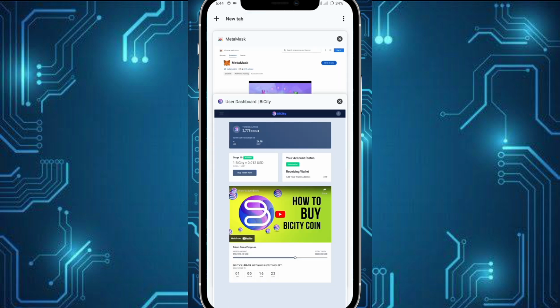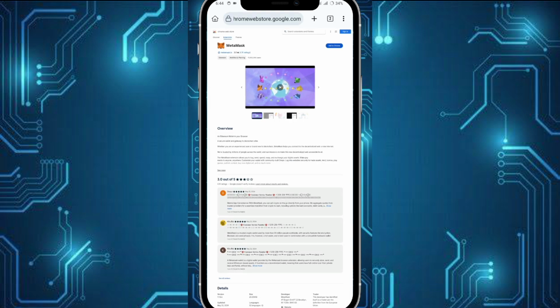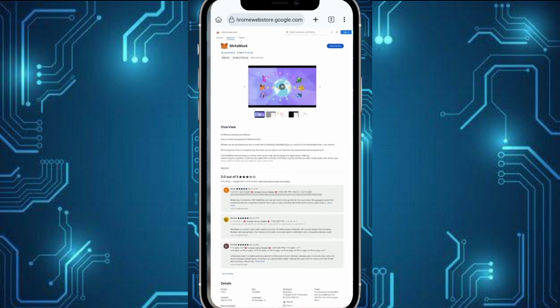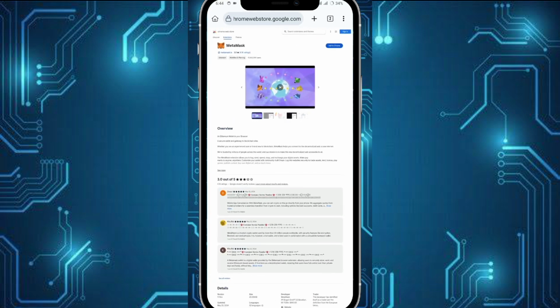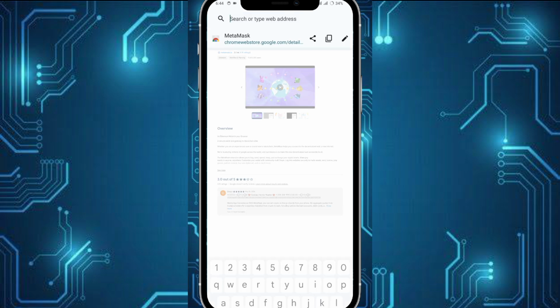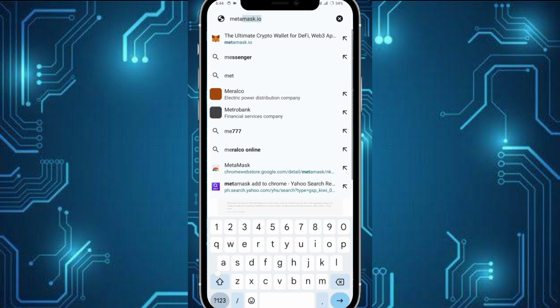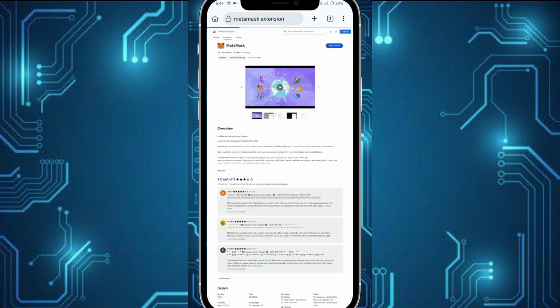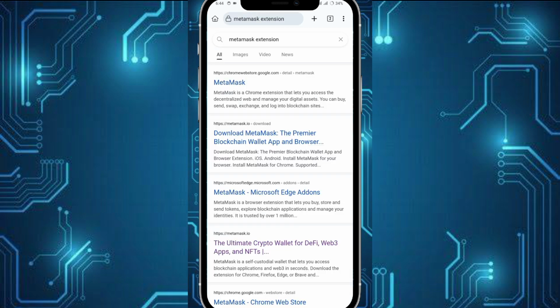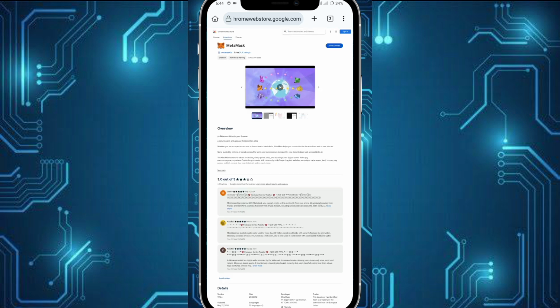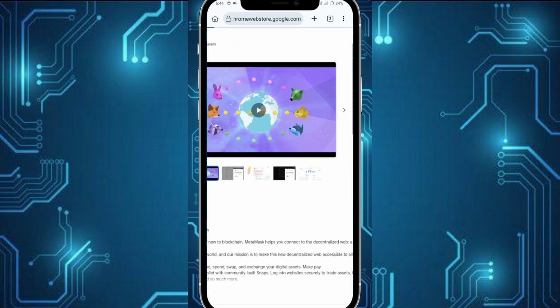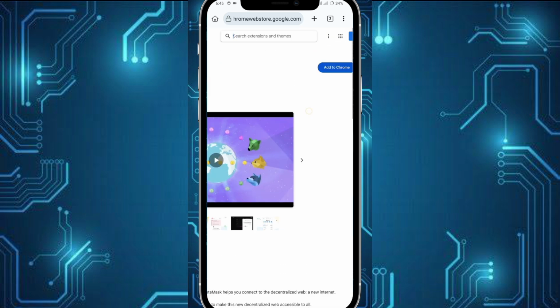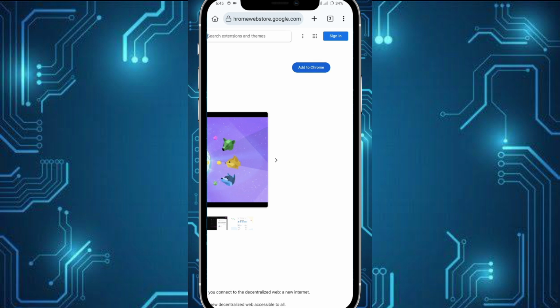So first step, you must download the Kiwi browser on App Store or Play Store. And then next, you have to search MetaMask extension, and then just click the first website and then go to add to Chrome.